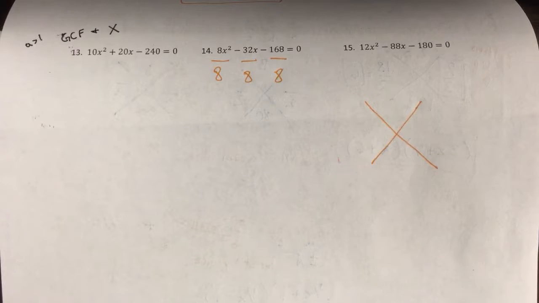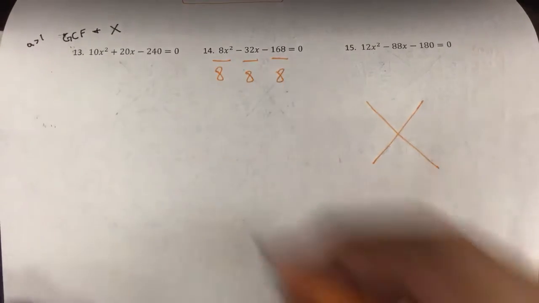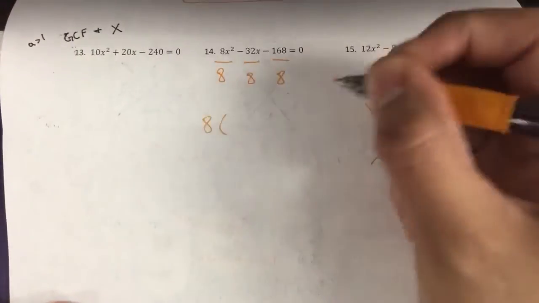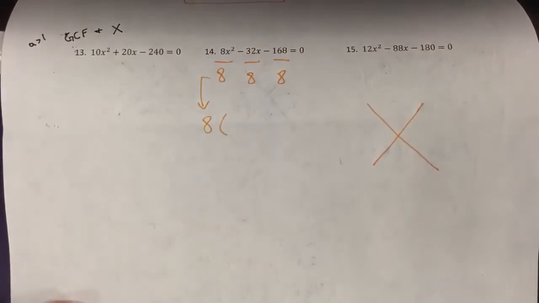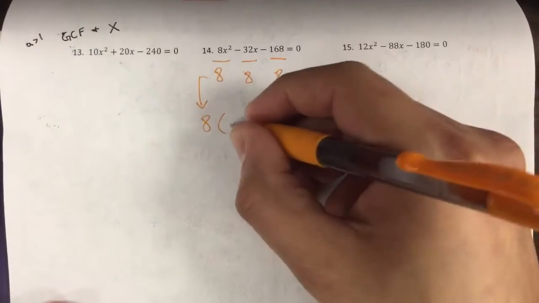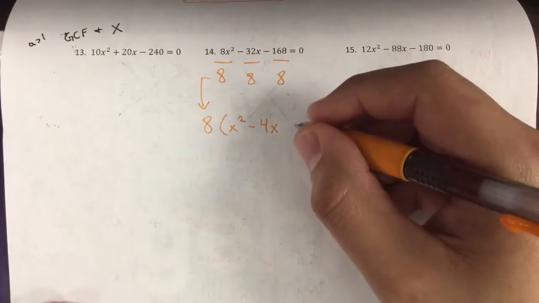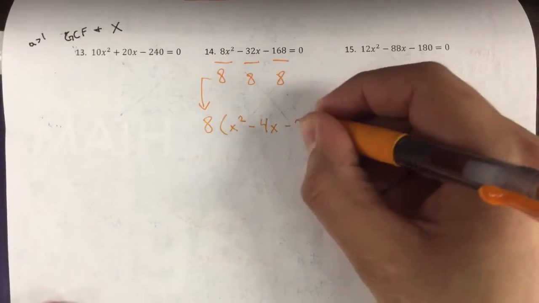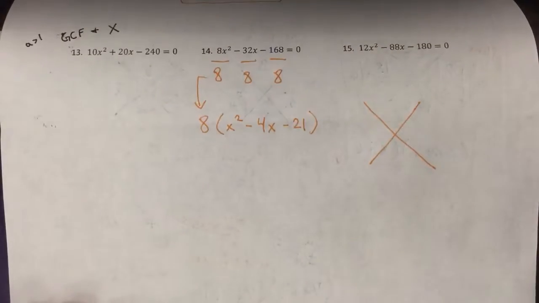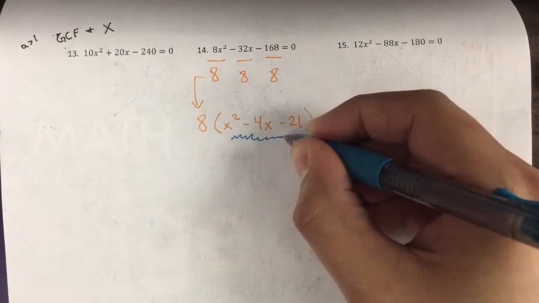And I'm checking 168 divided by 8 is 21. And 32 divided by 8 is 4. So we have 8 on the outside because that's what we divided by. So we still have to put it on the outside. And then just simplify every other term. So we have x squared minus 4x minus 21. Okay. So then, right here, what's left over, we try to